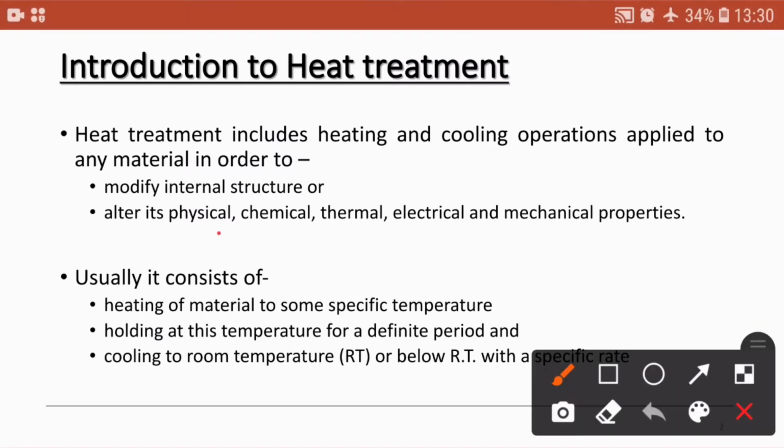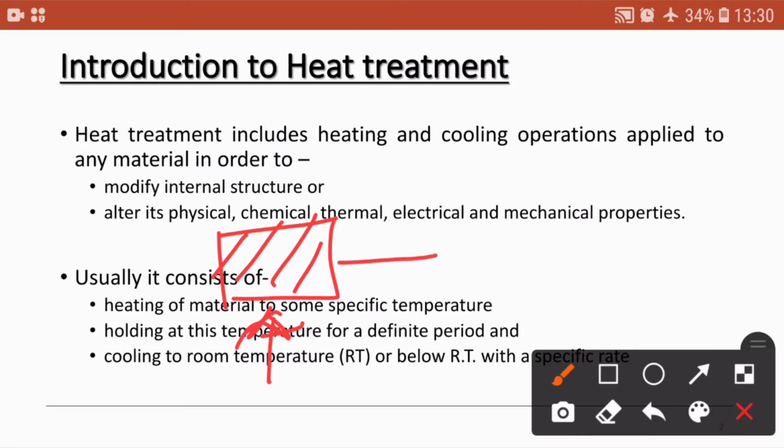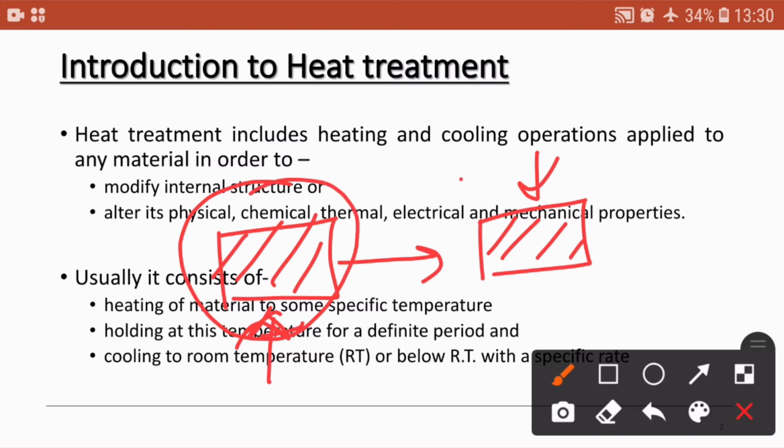Heat treatment means we take one metal piece and we heat it, with the help of some furnace. And after some time we cool it down. Heat treatment is a process where we first heat the metal, then hold or soak for some time, and then we cool the metal to get a metal with some specific mechanical or thermal or